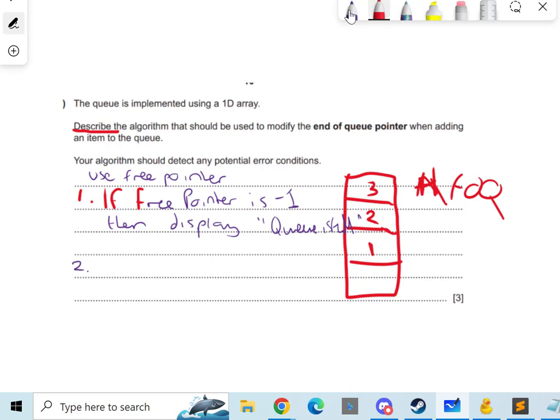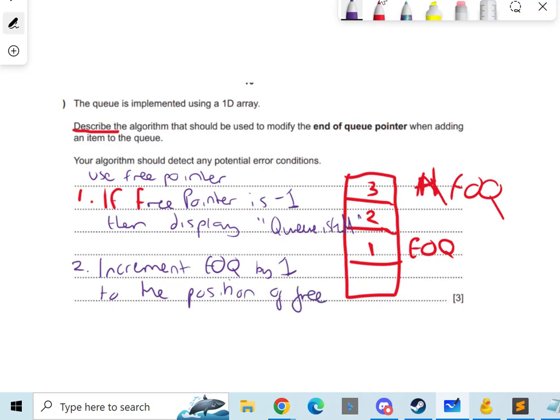so let's have this end of queue here, increment end of queue by 1 to the position of 3-pointer. Increment 3-pointer,